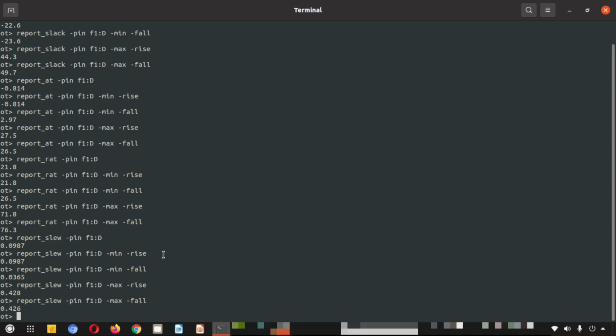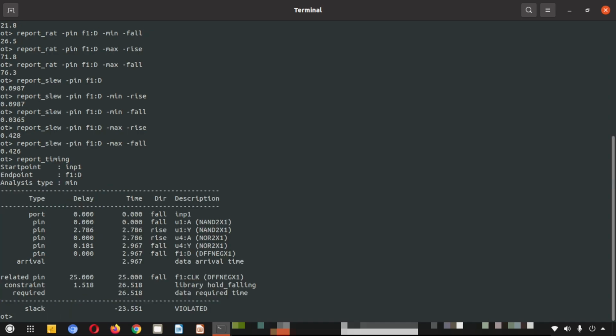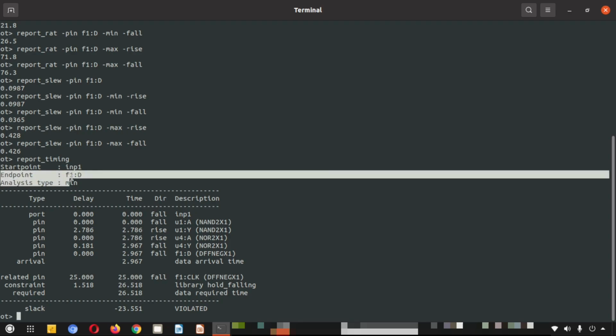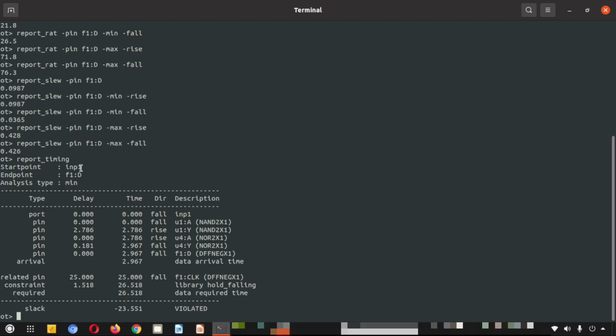You get the pins, as I have already shown, in the report timing command. So once you do the report timing, you get all the pins in a timing path. So the timing path starts here. Here is the start point and here is the end point. If you want to traverse from this to this, you get the first pin here. The next corresponding pin is here. The next corresponding pin is here. Then you go downwards and this is the final pin.